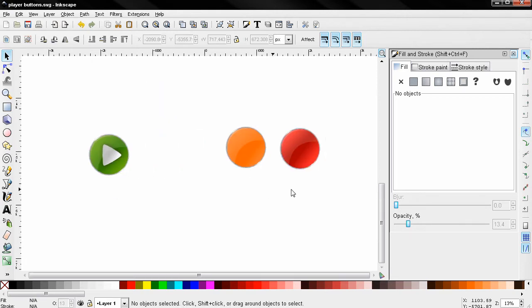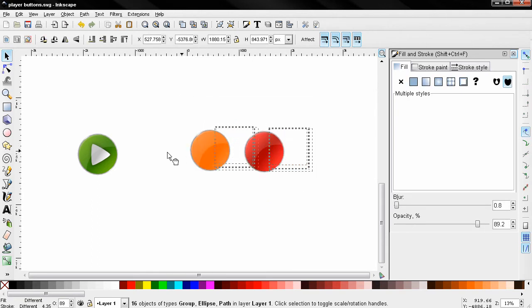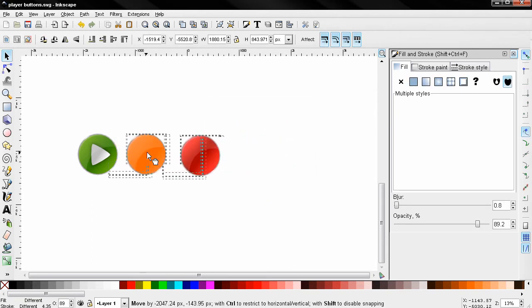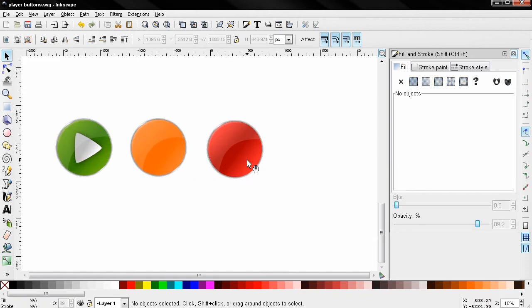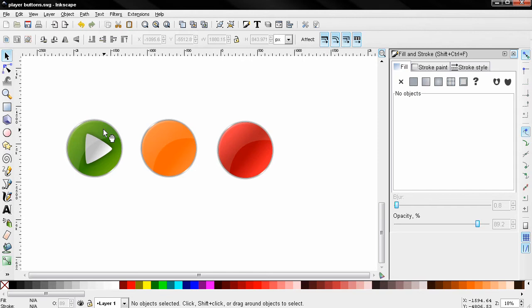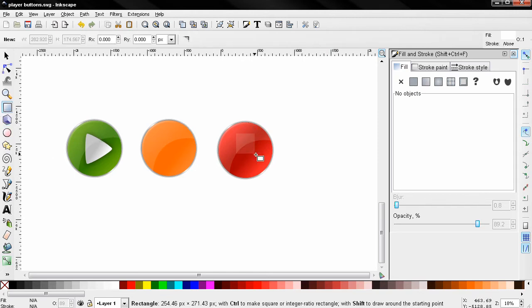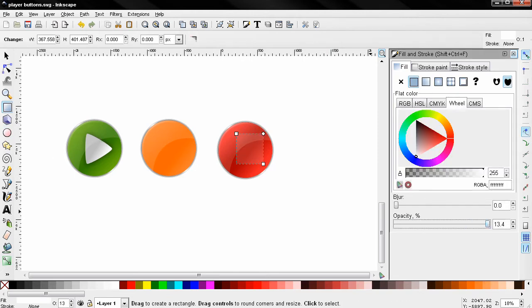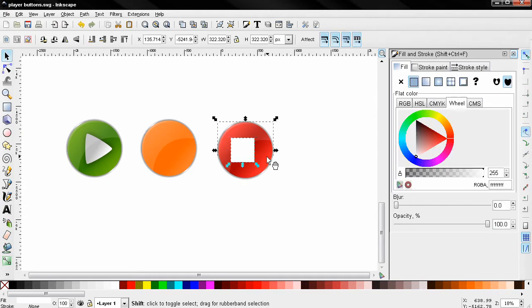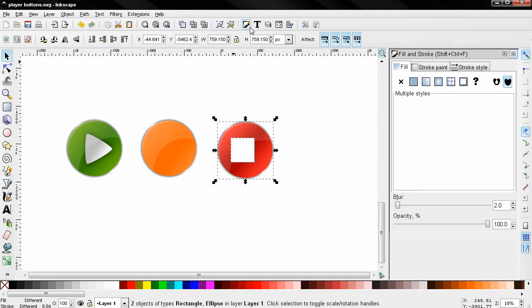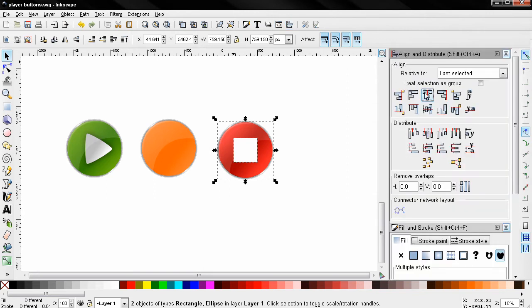Now here I've created two more. The only difference is that I changed the colors of the base and the two gradients, linear gradients, on the right bottom and on the left top. And here I'm going to grab the create rectangles and squares to create a white rectangle, position it in the middle,